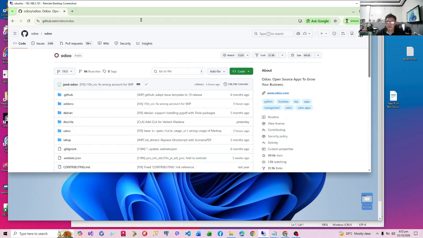Now there are two methods that are used to download and install the Odoo source code. The first is using Git. Git is already pre-installed in Ubuntu, so you can just use it right away. It's actually outlined as method 2 in our guide in the description below. It's a very simple process. I'll just show it to you. We're not going to do that. We're going to use the simpler method.